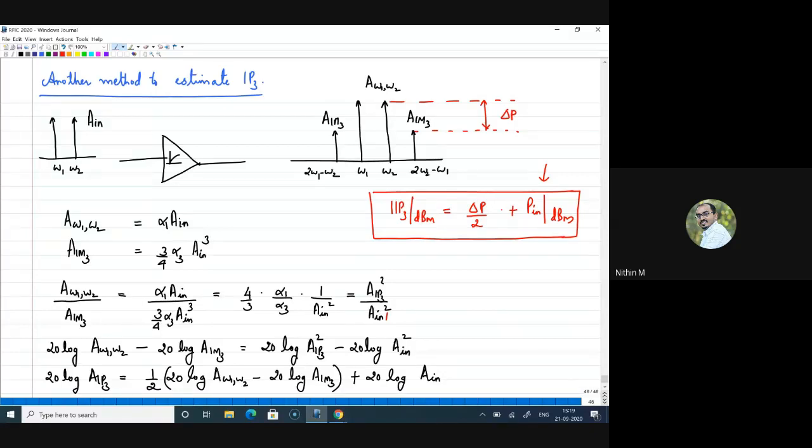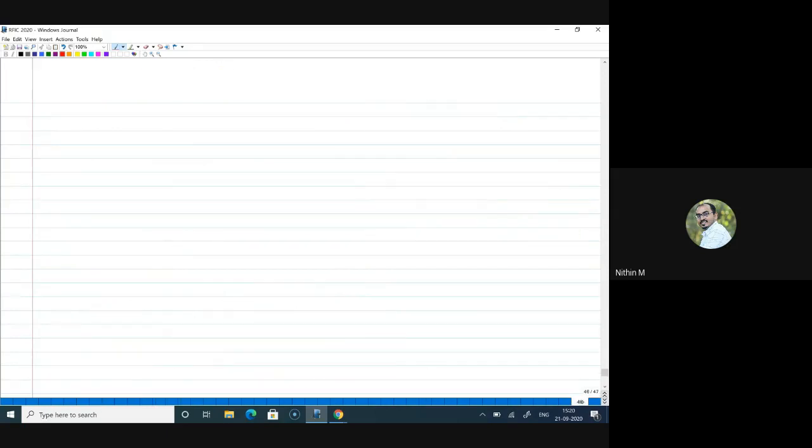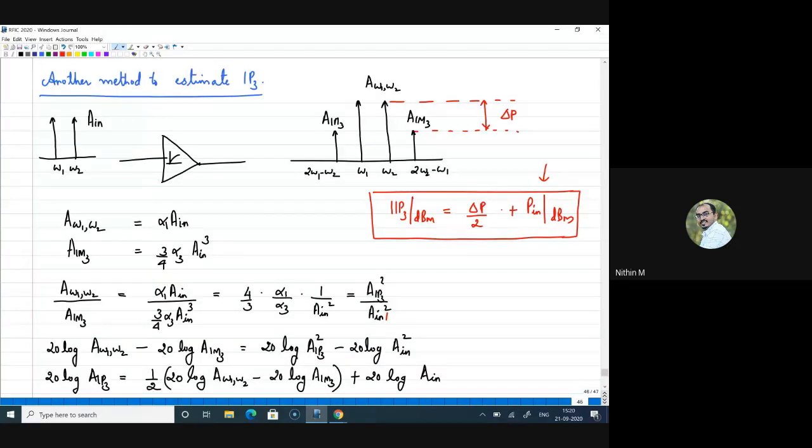Okay, thank you, Joey. This method or formula also turns out to be useful in many cases. We will see that, though I don't know whether we will see it exactly in a numerical. But this is also a useful formula, and that is why I have brought this into our class.